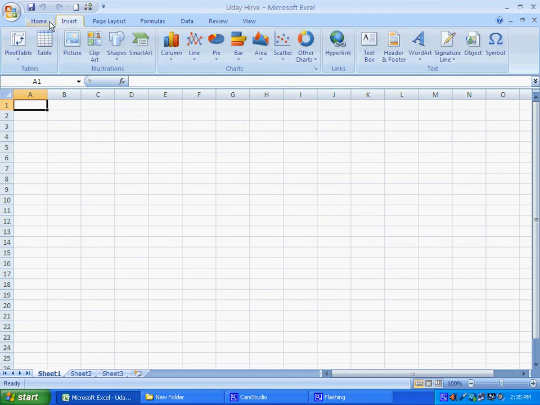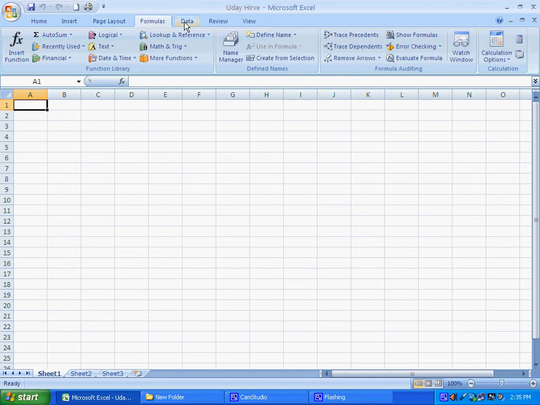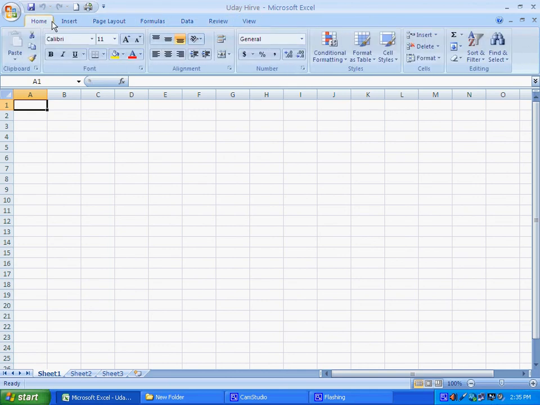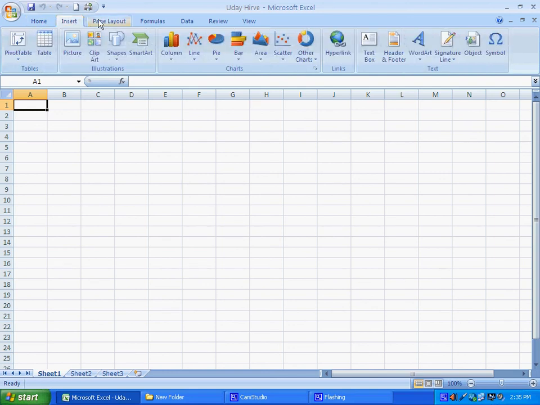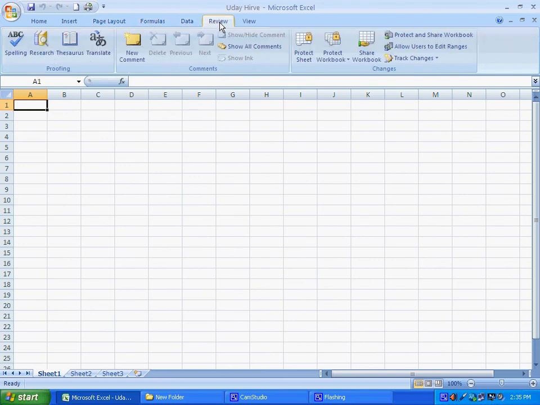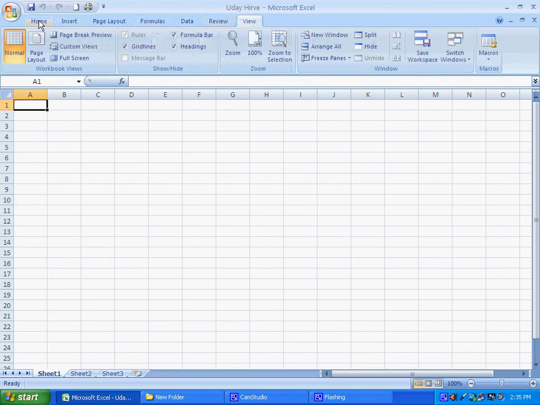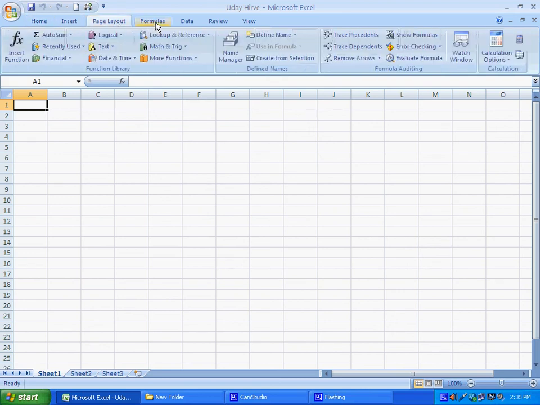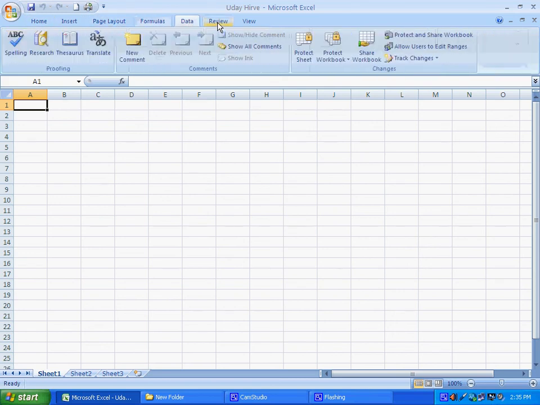Now below this part of Excel, you will have various tabs over here. This part is called the ribbon. In earlier versions of Excel it was not present, but in Excel 2007 they have made it very user friendly, so that various formatting, various formulas, various layout tabs are visible to us very easily.